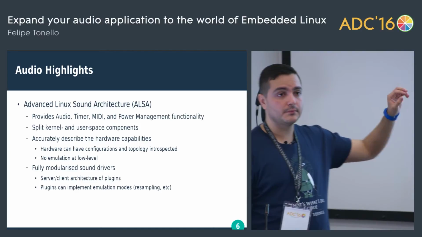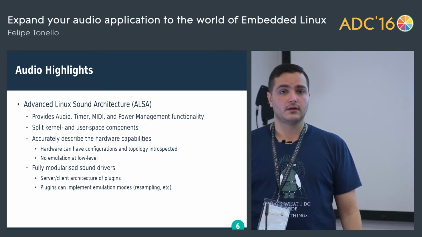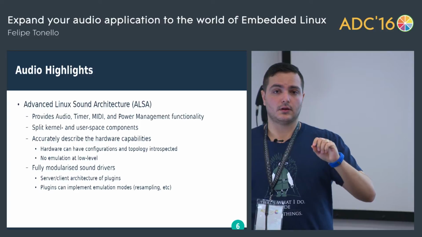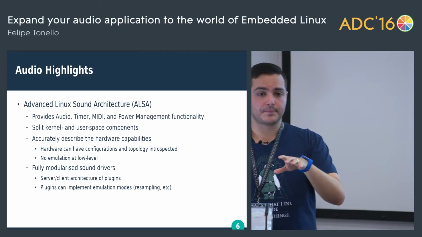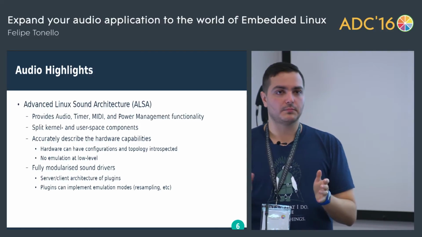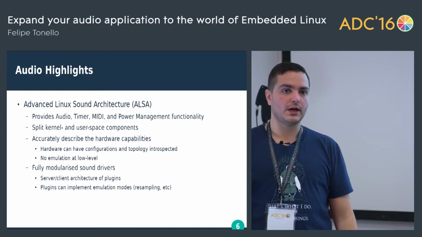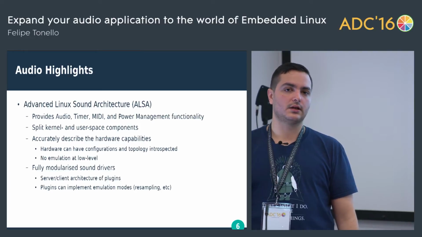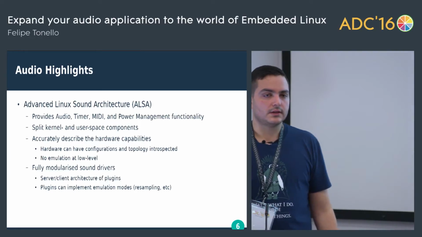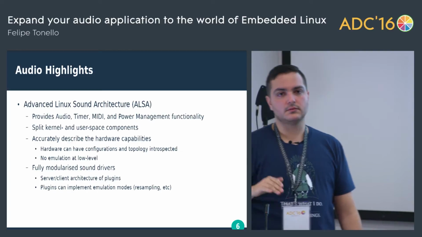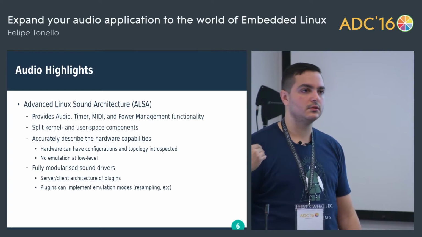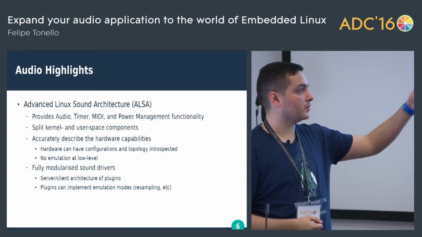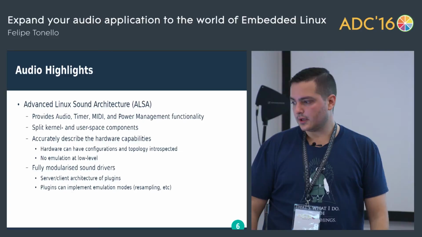Plugins can be implemented for specific reasons. The reason I'm saying that is that the default ALSA plugin is actually the hardware plugin, so it goes through the codec stack in the kernel. But if you write a different plugin that shares memory and does other things, you can do that, and you don't need to go to the kernel. That's my point. You can also do other things like emulation, like resampling, and even